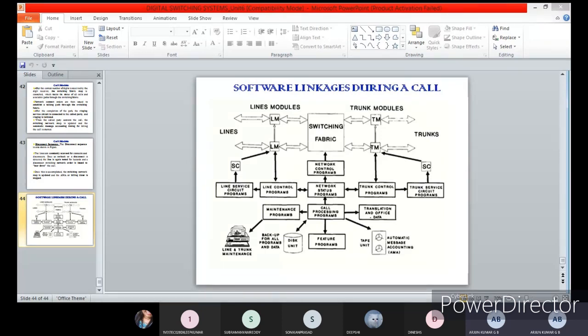The NCP, network control program, is responsible for notifying the network connection when a subscriber goes off hook, and immediately when the subscriber is in the off hook condition, they will get a dial tone, until the subscriber stops entering the digits. Then the call processing program is responsible for processing the call. Once the call has to be established, the call processing program is responsible for processing a call and